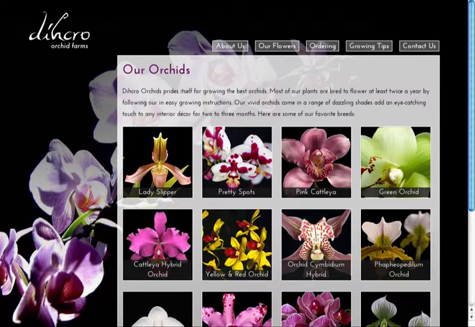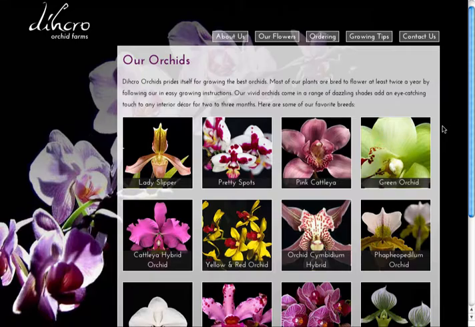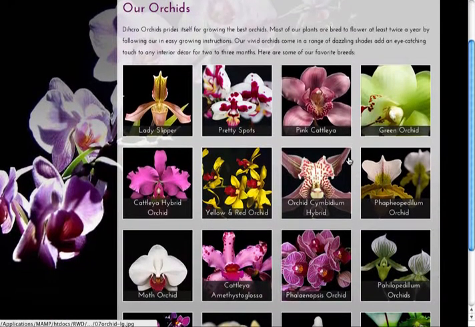What we're going to be looking at in the next couple of exercises is how we can create a responsive photo gallery. This is an example of what the final product is going to look like. So we're going to continue developing our orchid website. This will actually be the Our Flowers page, and it will have some text, and then it'll display thumbnails of